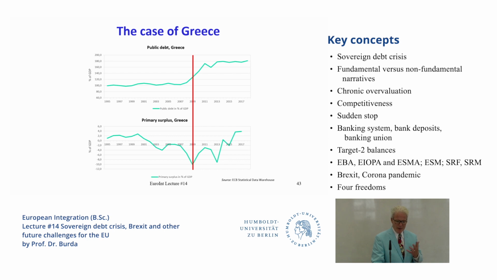Okay, as I said already, the primary surplus of Greece was eventually corrected and moved in the positive direction, as it should be, to stabilize the debt-GDP ratio. We also saw last week that the debt-GDP ratio was stabilized by a concessionary interest rate that was offered by the European lenders, the European Monetary Union participating countries,